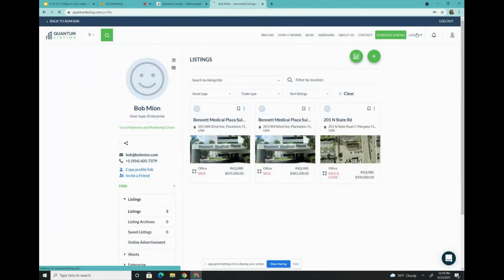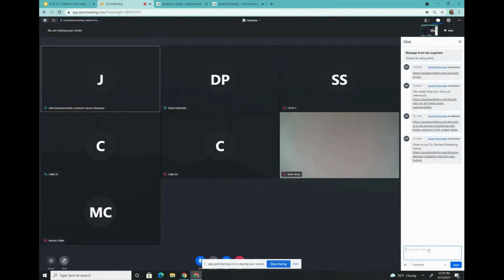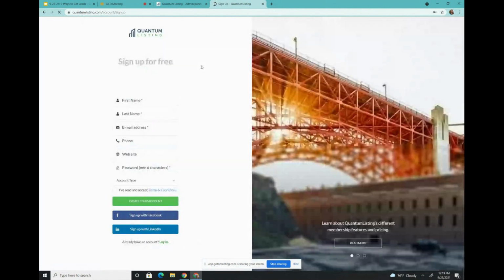And then last is an iframe, which is a snippet of code that takes your listings from your QuantumListing page, and you can put it onto your own website or blog. And this is essentially, this is included with membership, by the way. So the last few have various prices. They're all very affordable, but this one is included. And if you're not already paying for a Catalyst or something like that,